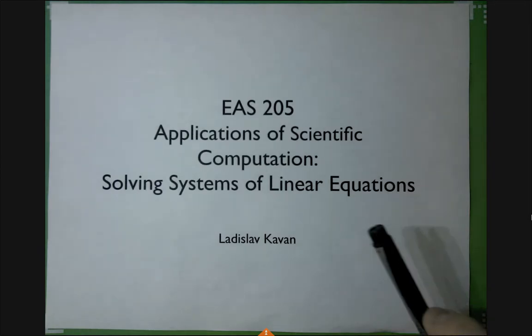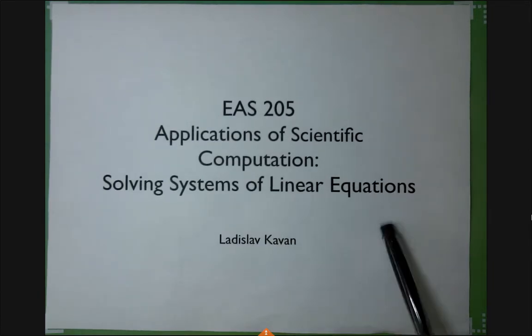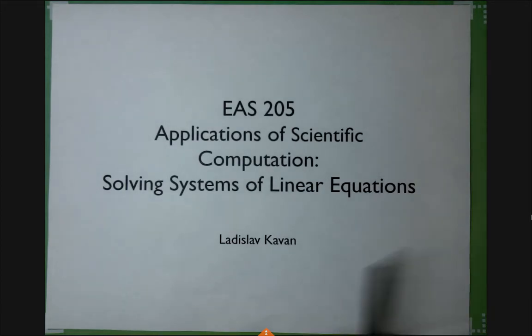Okay? So solving systems of linear equations is something incredibly important. It doesn't occur just in graphics and physics-based animation, but pretty much everywhere in engineering. You know that MATLAB does it for you. You probably know that, right? This is the MATLAB / operator. But what I'll be talking about is essentially the basic ideas for how it works, and most importantly, what all can go wrong.